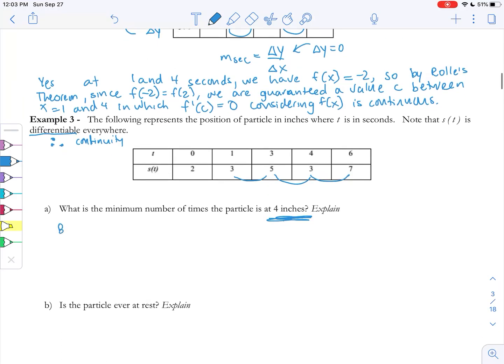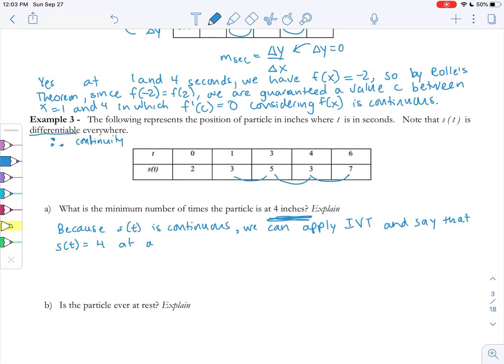And so because s of t is continuous, we can apply IVT and say that s of t must be equal to 4 at least 3 times